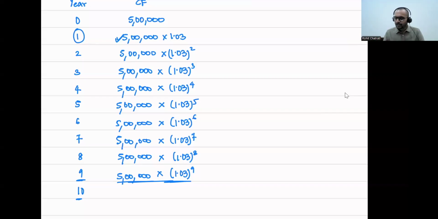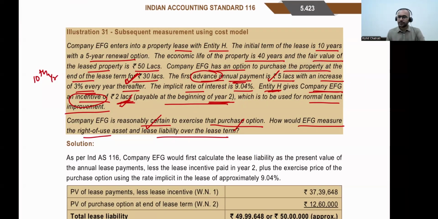we will actually have a payment of the purchase price, which is given as rupees 30 lakhs. So at the end of year 10, we're going to make a payment of rupees 30 lakhs. If you go through the question, it states that EFG has an option to purchase the property at the end of the lease term for an amount of rupees 30 lakhs. End of lease term represents the end of the 10th year, right? So at the end of the 10th year, EFG will make a payment of rupees 30 lakhs to the lessor,